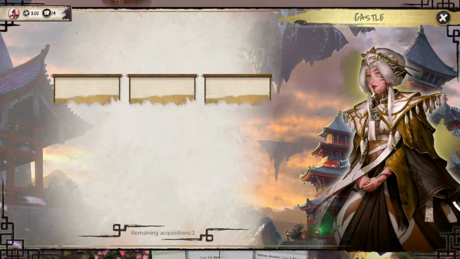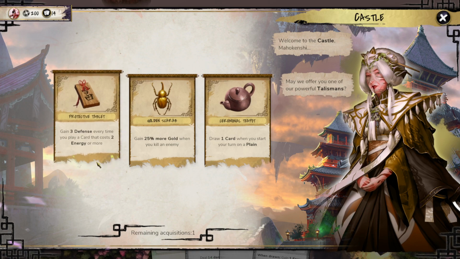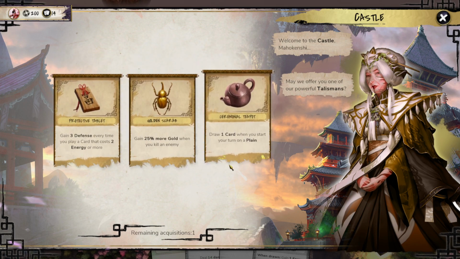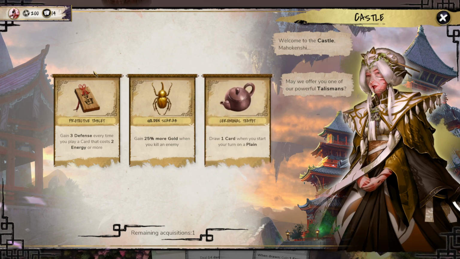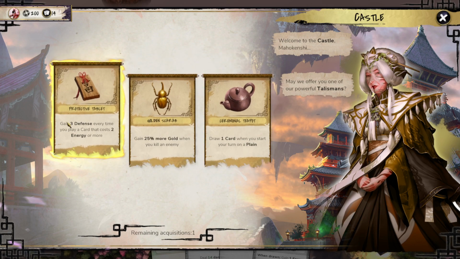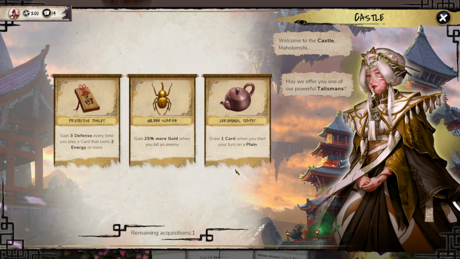Okay, so we're gonna get one of these. Gain 3 defense every time you play a card. It costs 2 energy or more. Yeah, see that there? That's the way they've made the cards, the art style, because if you move the mouse down, see they just pop. If you move in from the side, they just pop. But if you move from the bottom, they do that. So to me, that's